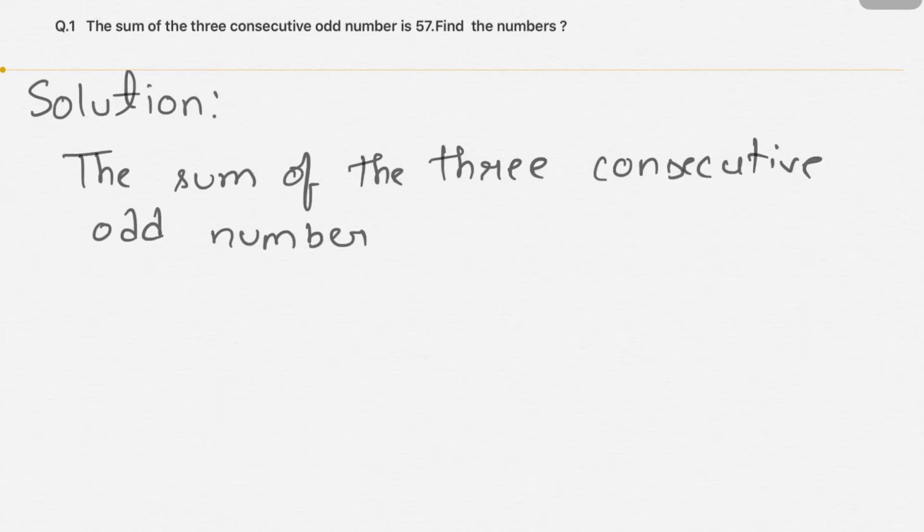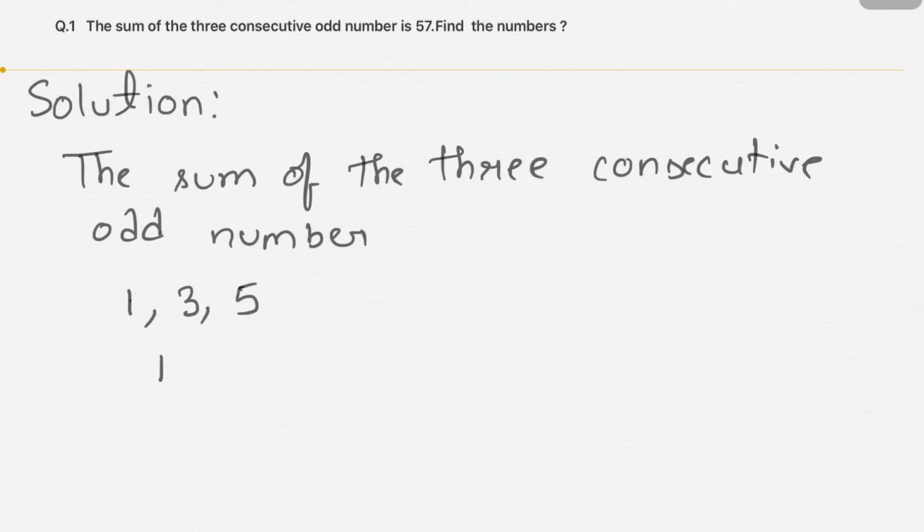In this video, we are going to solve a consecutive odd numbers word problem based on a simple linear equation: 1, 3, 5, 7. The first number that we have is 1. Odd numbers are the numbers where the next odd number is the result when we add 2 to it. Suppose the first odd number is 1. In this case, the next odd number would be when we add 2 to it.